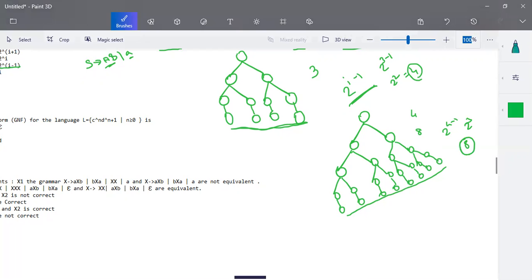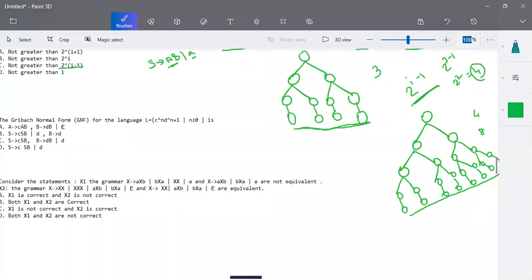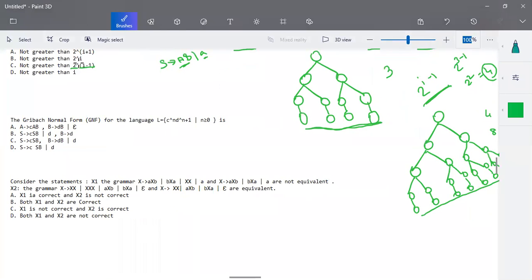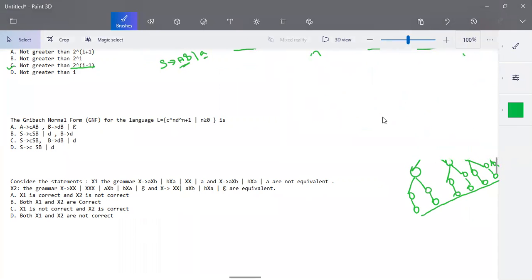So the formula that is suitable for this constraint is that it should not be greater than 2 power I minus 1. So we can take this option. Whenever you have a doubt, you had better work it out. When you work it out for a simple example, you can find the answer better. Okay, so the next question is